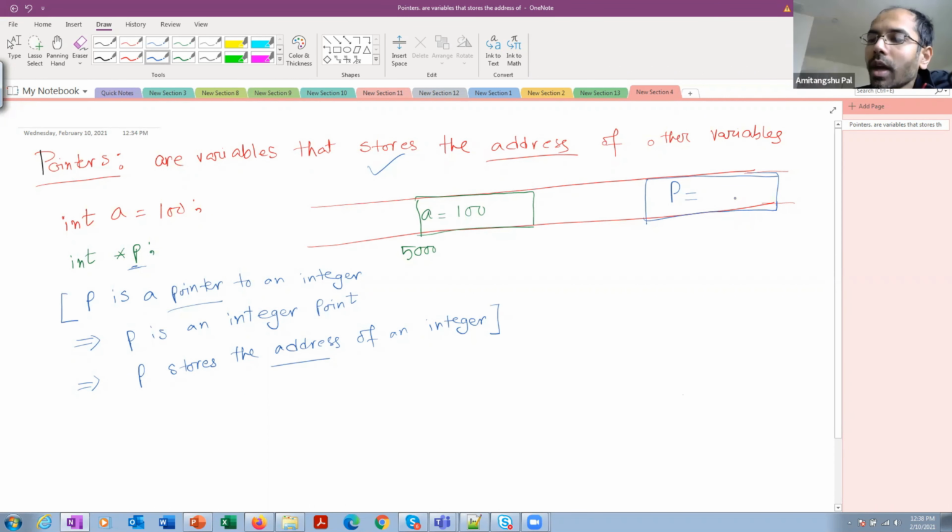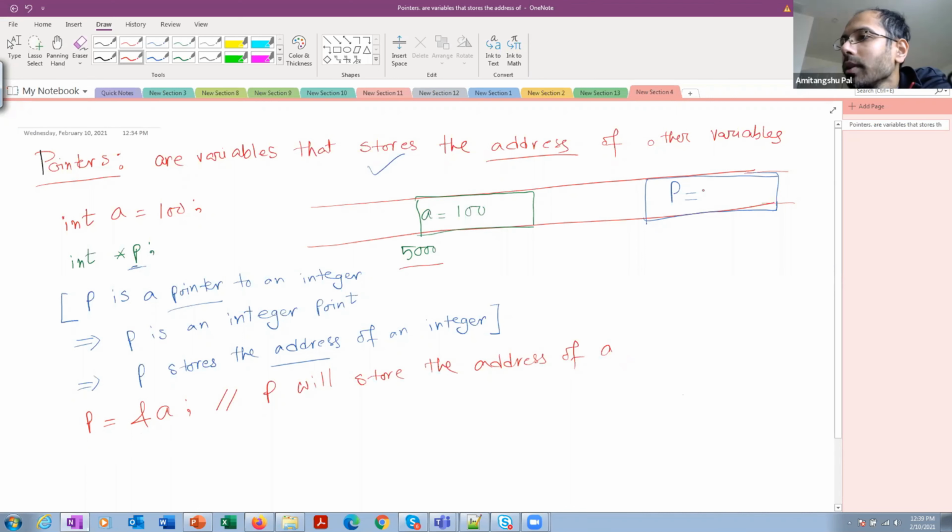Now if I write p is equal to ampersand a, ampersand means the address of a. That means p will store the address of a, the starting address, which is 5000.